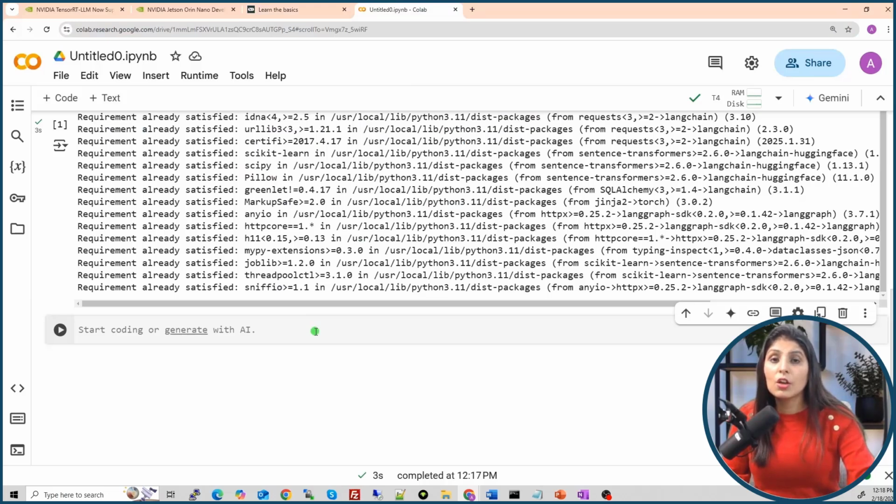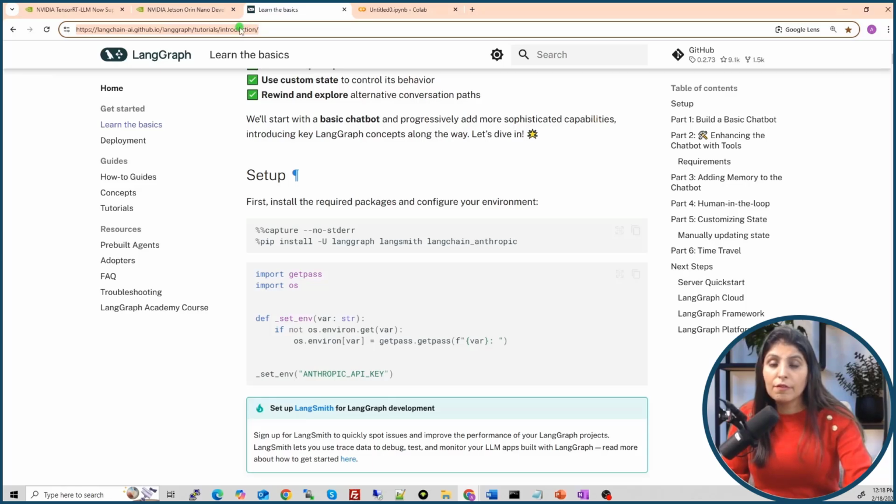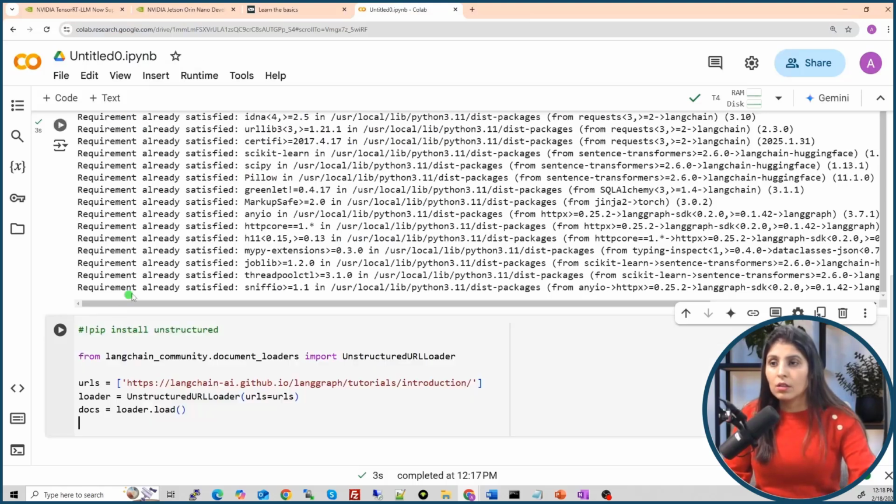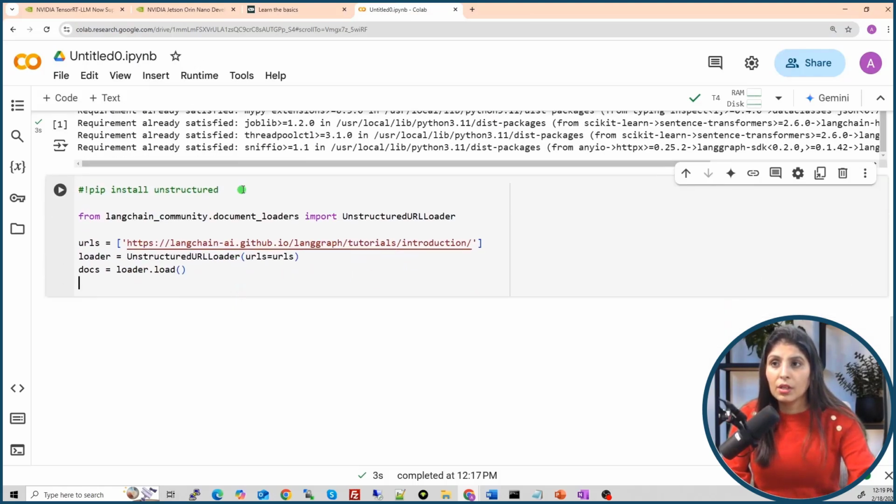and then now we will use this link over here, because first task is to load the document. If you want to use this document, first we need to load this document. And how we load the document in LangGraph? See, this is how I'm loading. So this is a web page, right? So to load the web page, there are different loaders you can use. So I'm using unstructured URL loader. To use this loader, you first need to install it like this.